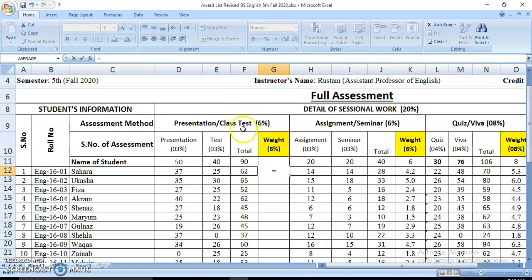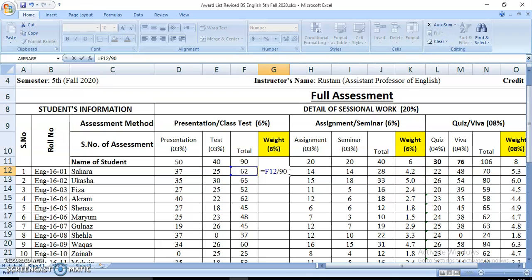This value is in column F, row number 12, so F12, divided by this 90. You have to insert the figure, not a cell, so just put 90.